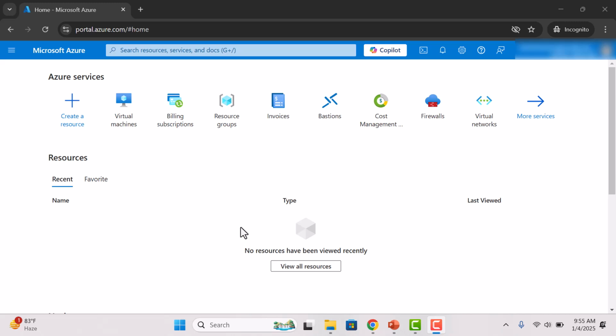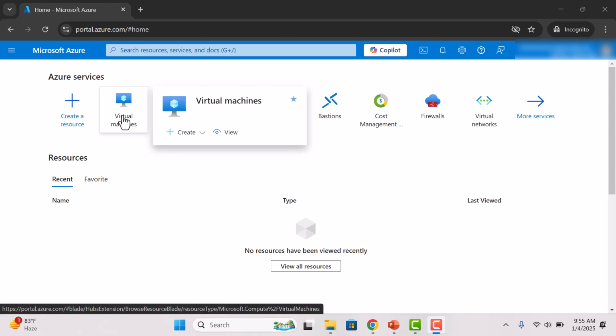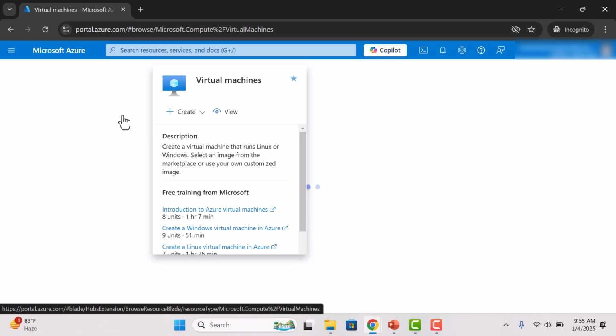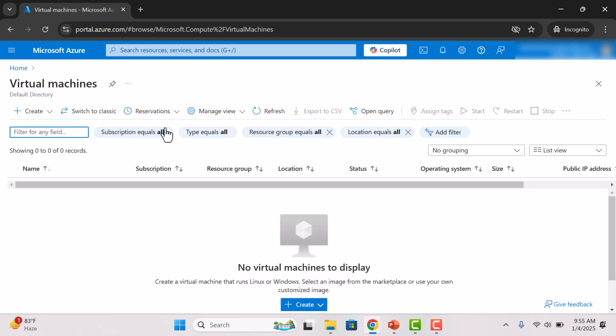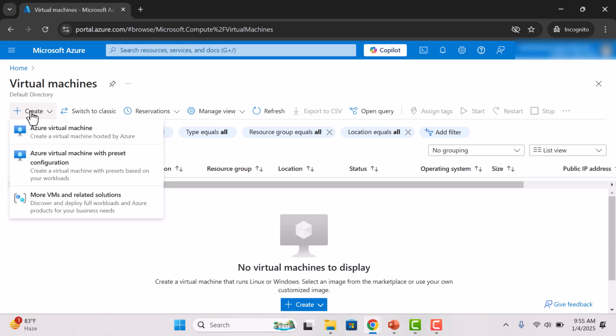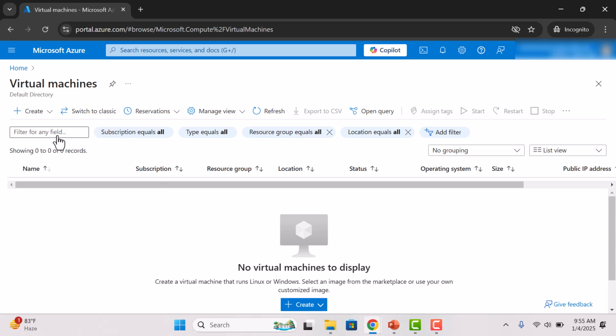So let's try to create a new resource. Let's create a virtual machine. Now let's click on create virtual machine. You can see create here, or you can use this one, but let's use this. If I click on this, you can see virtual machine. This one is for maybe already pre-configured workloads and all of that, but let's use this one. So if I click on it,